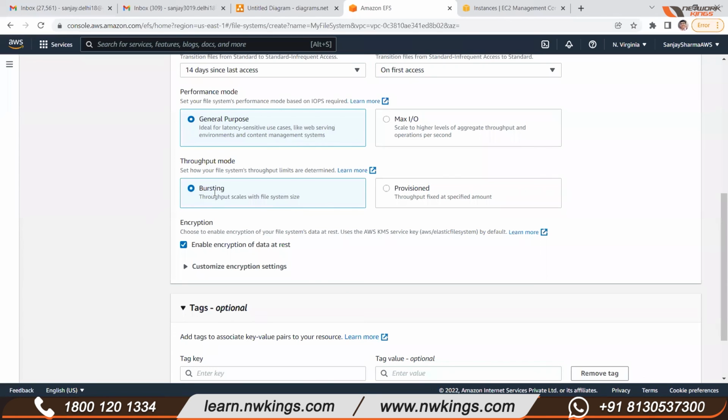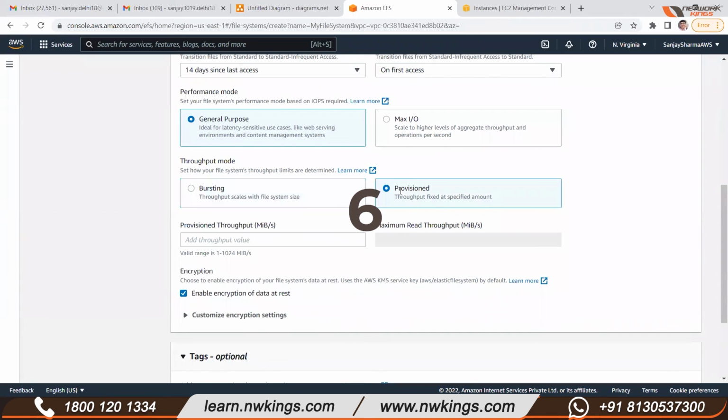So this is good for small businesses, or for small workloads. But if you have, let's say, 100 machines, 200 machines connected, and those machines are consistently writing in this EFS, in that case you can go for the provisioned one. And this is good for production environments where you are seeking very